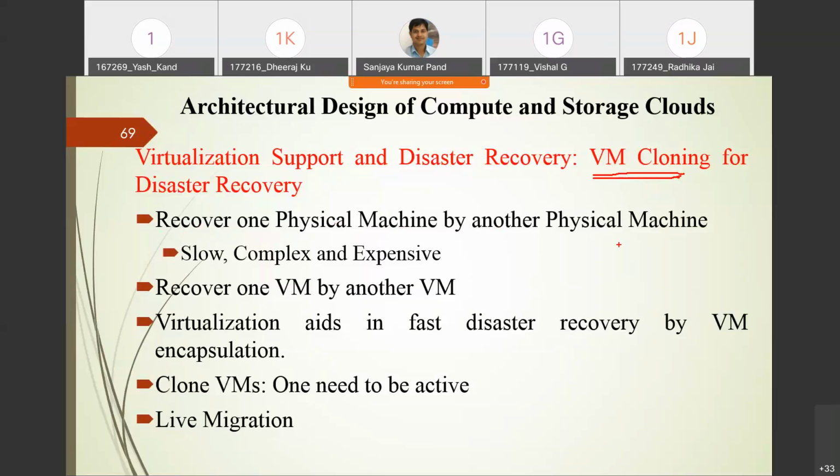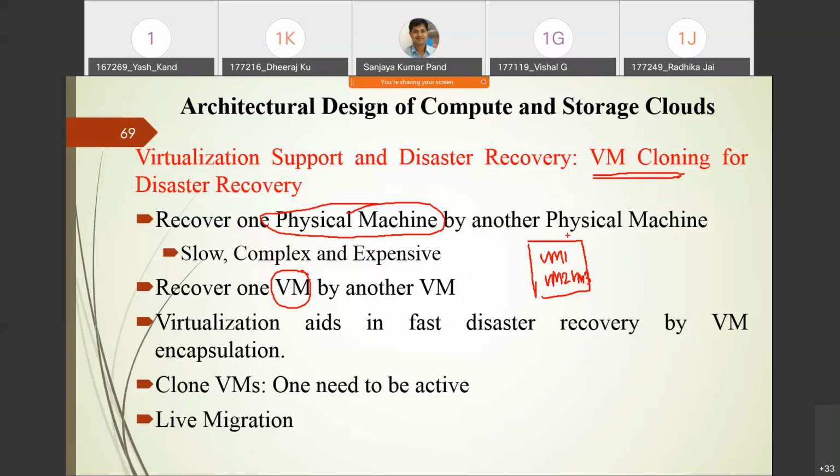Try to understand these two words. One is the physical machine, and the other is the VM. Let us compare these two and see which one is better, which one is easier and which one is more complex. A physical machine is holding multiple virtual machines. Like I told you, in the Amazon case, we have several EC2 instances on top of the physical machine. One physical machine has 3 virtual machines.